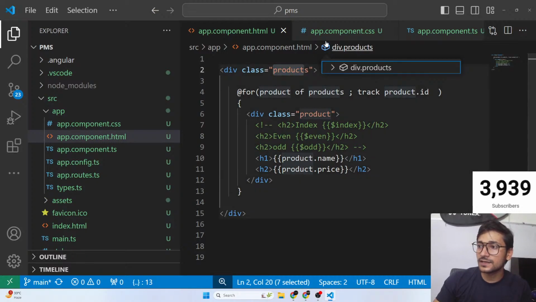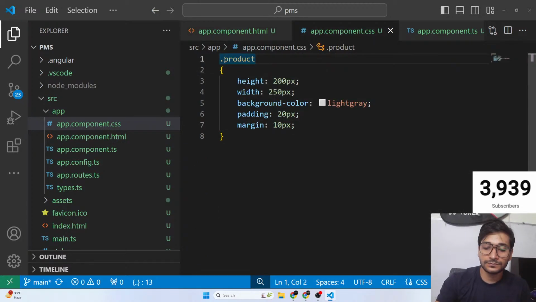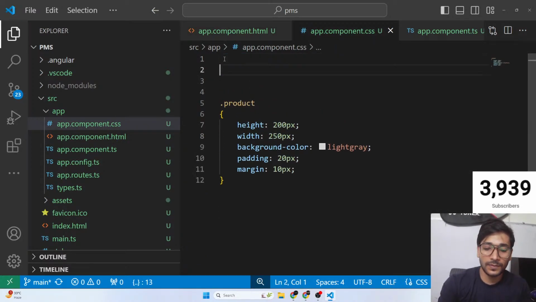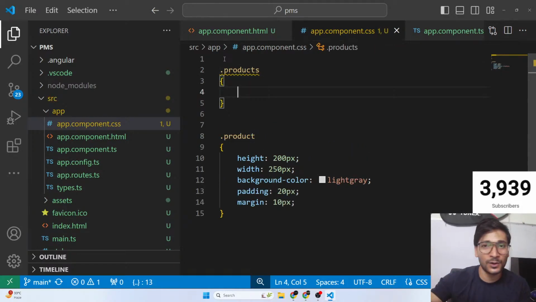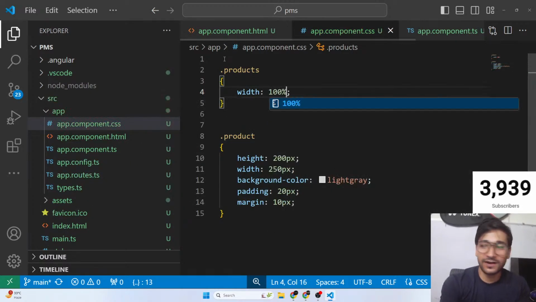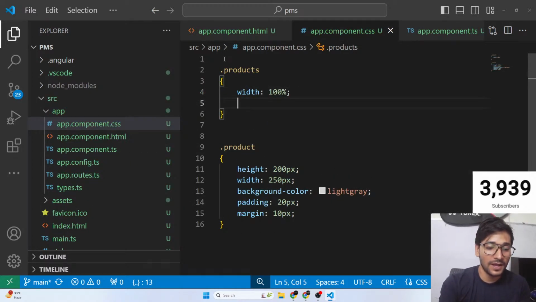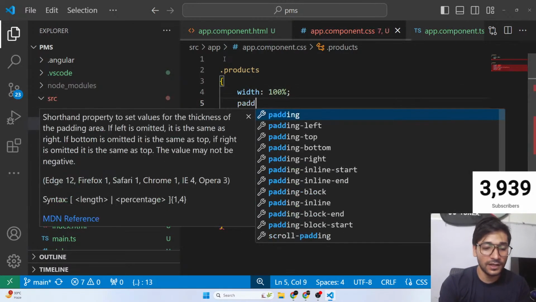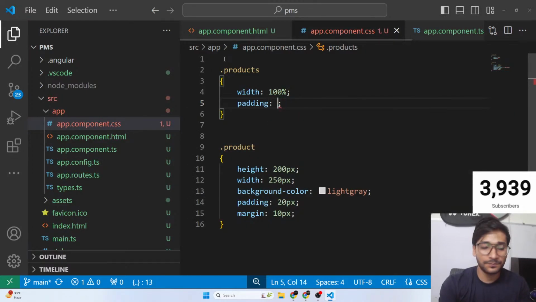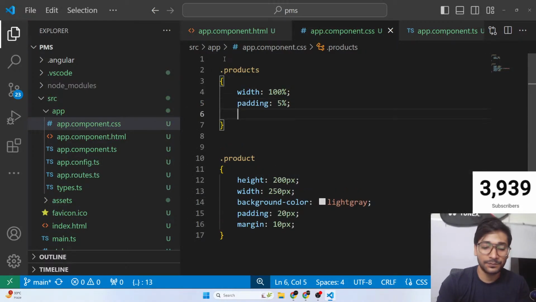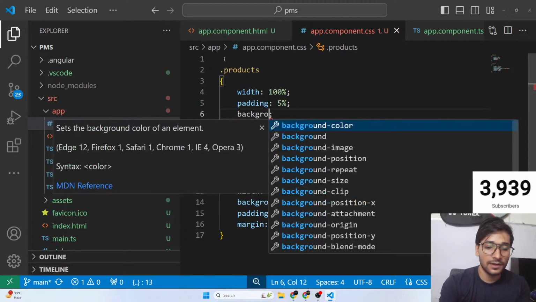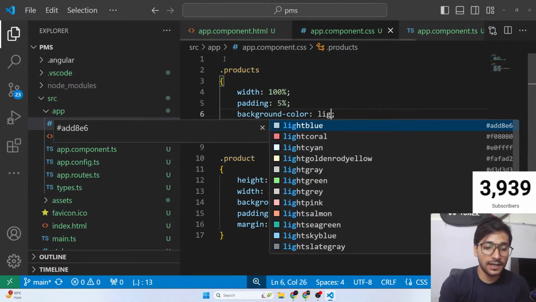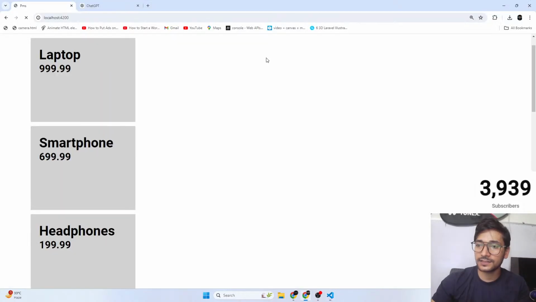So main class products, let's apply some CSS to that. Now, guys, all the people who are coming from my CSS sessions, I hope you know what I'm going to do now, right? You already know it. So products, width of 100%, no height will be by default, padding of 30 pixel or maybe 5%, and background color, let's say light gray, something like that.